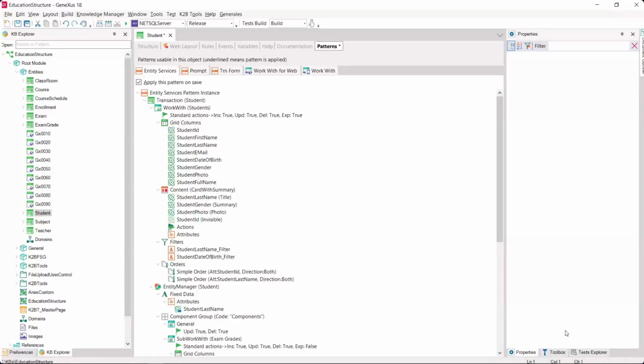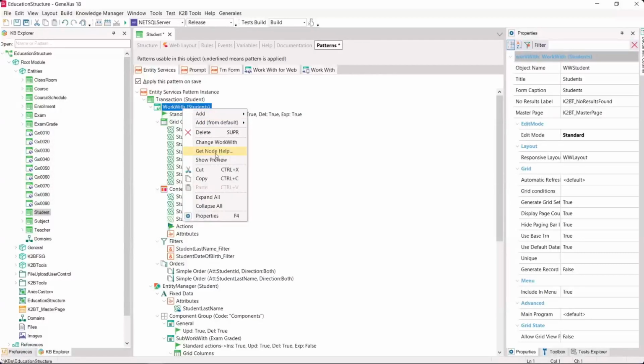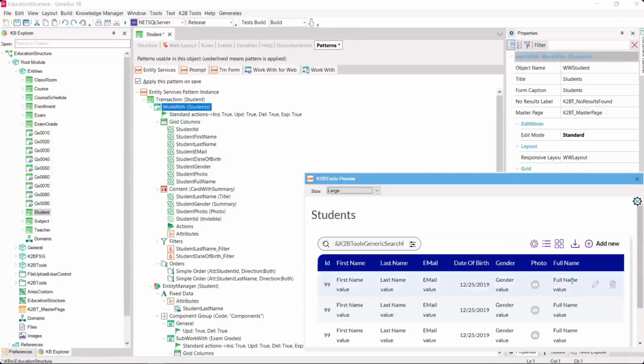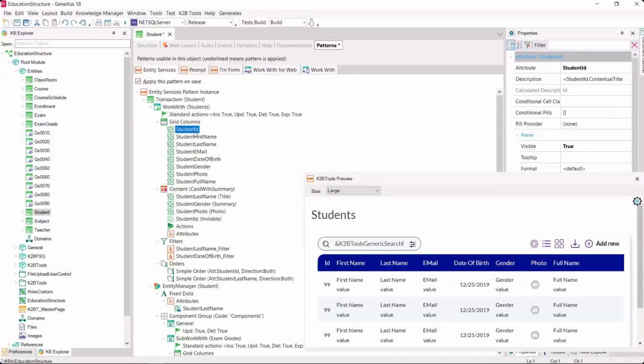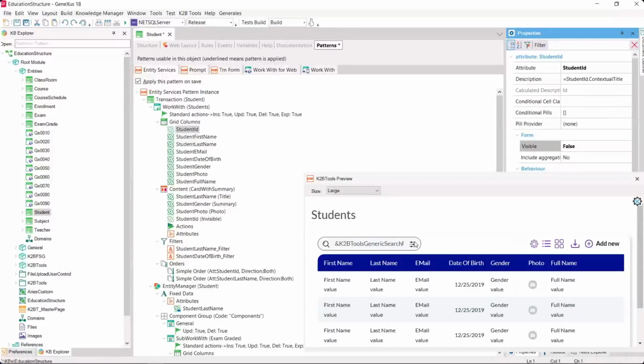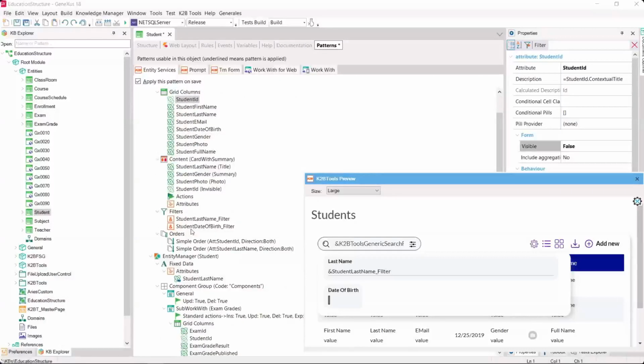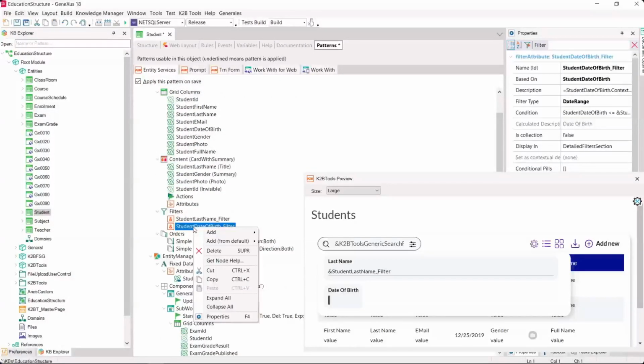Now, this creates an instance of K2BTools to work with the students. But now I'm going to start personalizing the transaction. What I suggest you do here is you use the preview. This is a real-time preview. And you can actually, if you're using two monitors, have the preview tool in another monitor, and that better improves